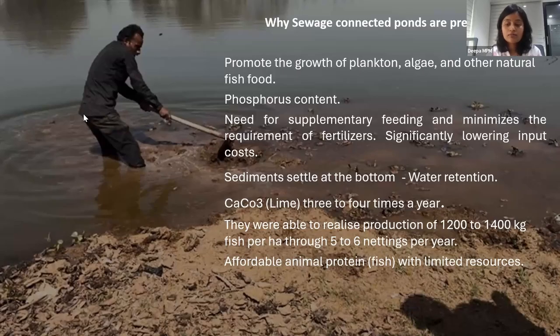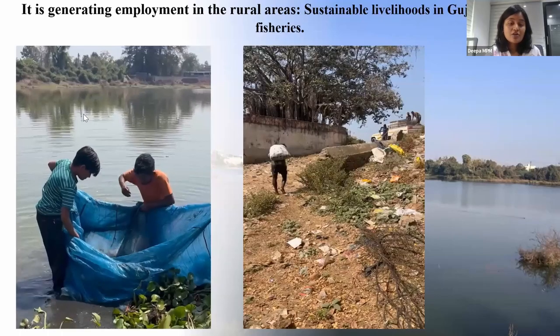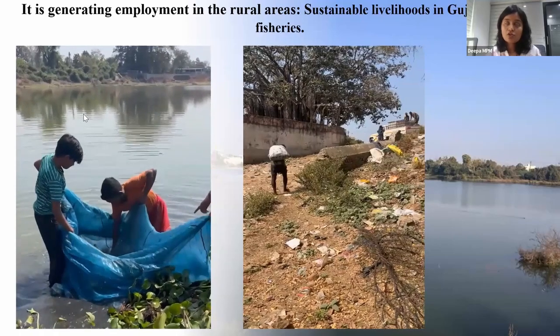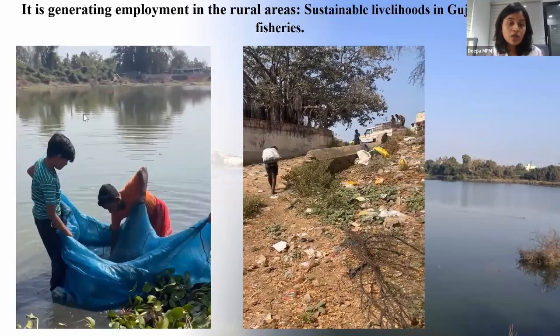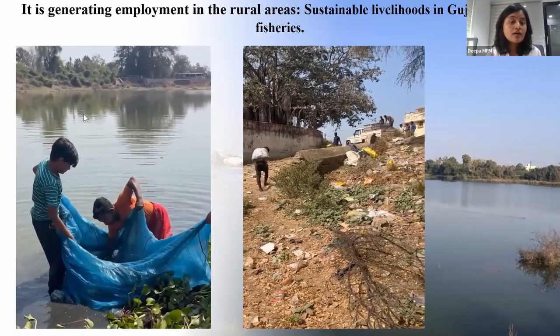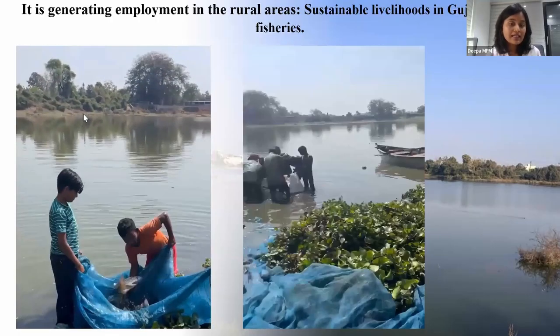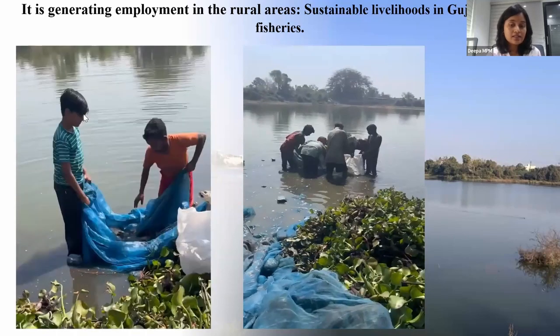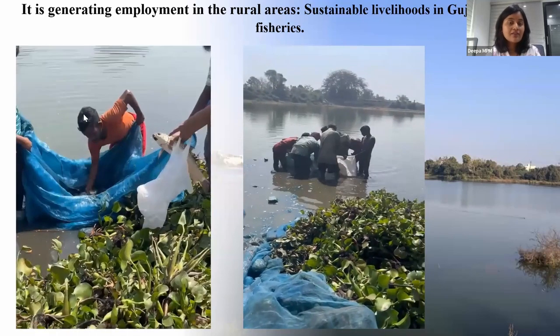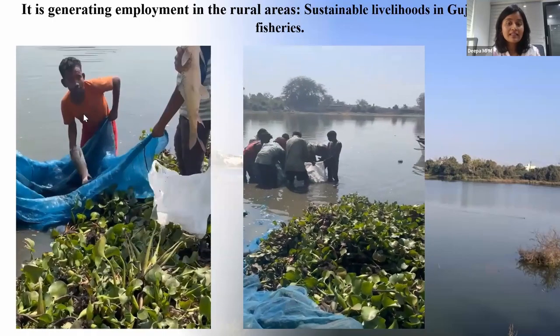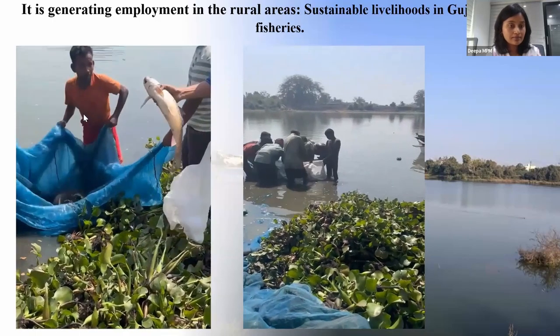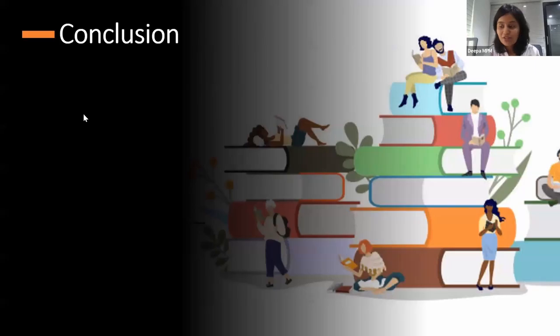And they're also earning well, with a production of 1200 to 1400 kg of fish per hectare through 5 to 6 nettings in a year. And apart from this, it is also providing employment to migrants from Bihar, who are well versed in swimming, and they are leveraging the swimming skills for netting activities. So they have captured almost all the inland fisheries market for netting in the Gujarat area. And coming to the conclusion,